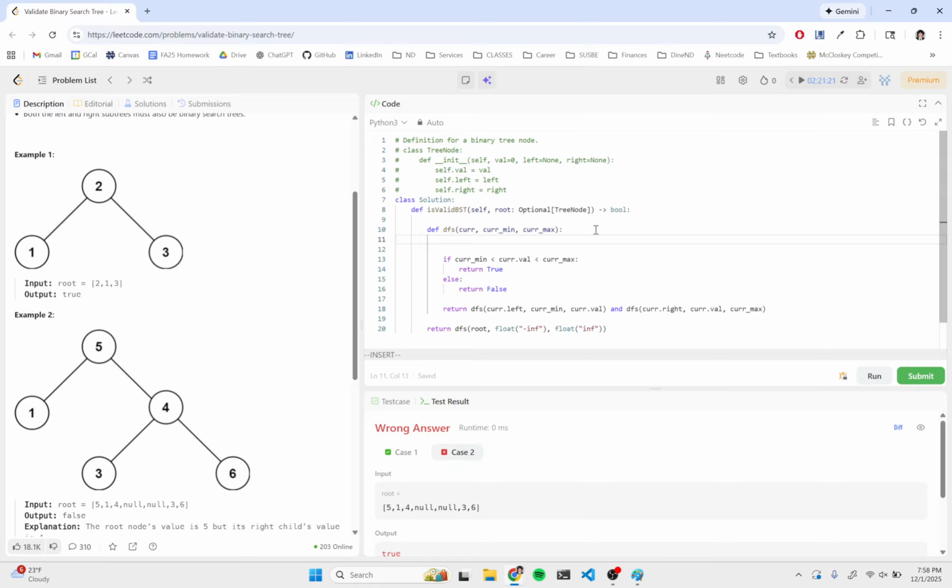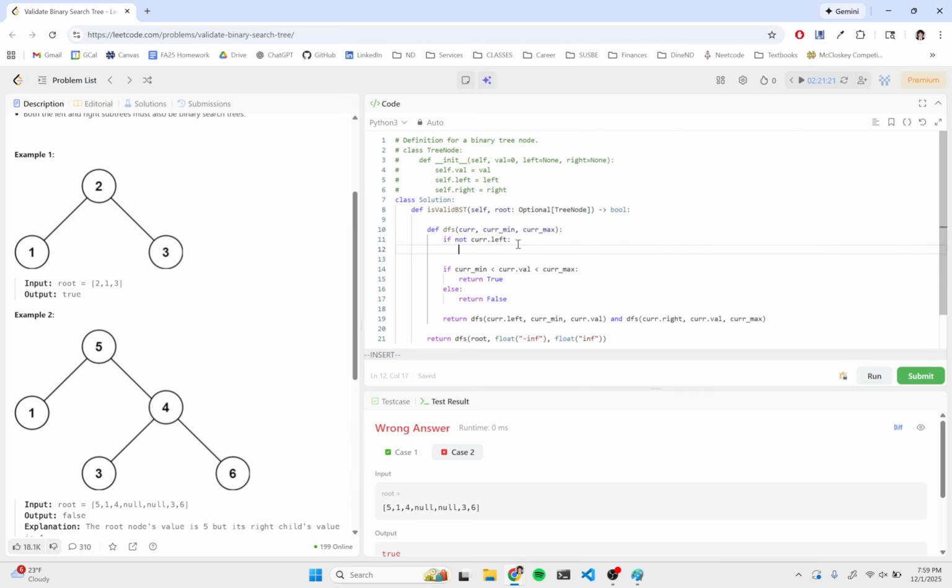I just don't know how to handle the children. I believe in my check here that if it's within the bounds, that node is good, and if it's not within the bounds, the node is bad. Maybe I do it up here. So if there's no left child,